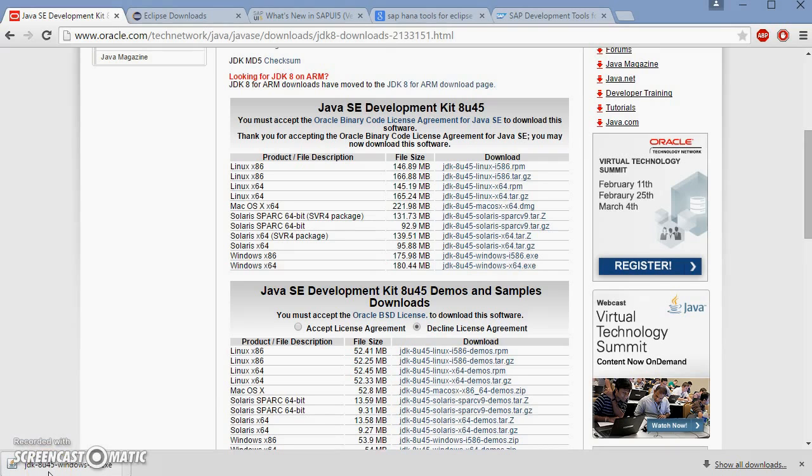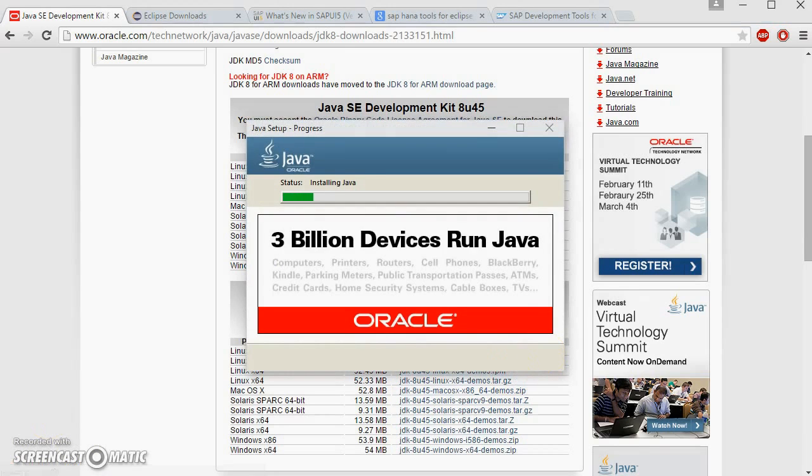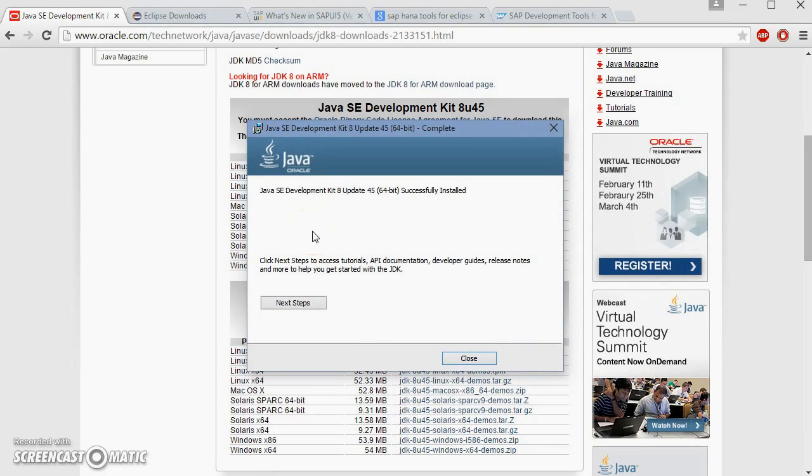Once downloaded, execute the installation file, the exe file, and then just run the wizard. Once you reach this step, you can close this wizard as the JDK has been successfully installed and we don't need to access tutorials or API documentation at this point.